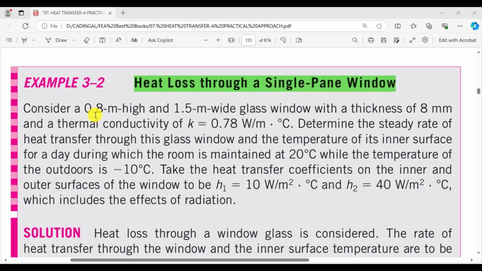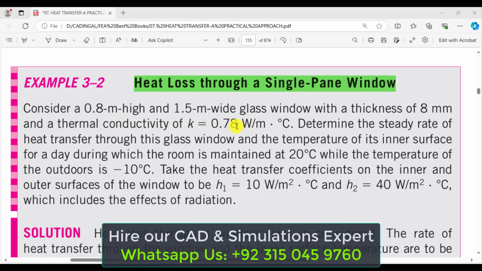loss. So here we have a 0.8 meter high and 1.5 meter wide glass window with a thickness of 8 millimeter, and the thermal conductivity of the glass is 0.78. So the main objective is to calculate the heat transfer rate through this glass window and the temperature of its inner surface for a day,